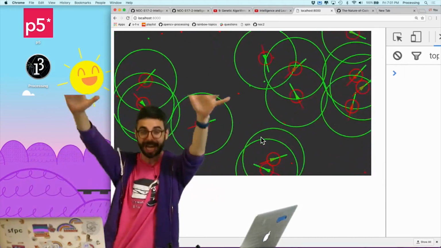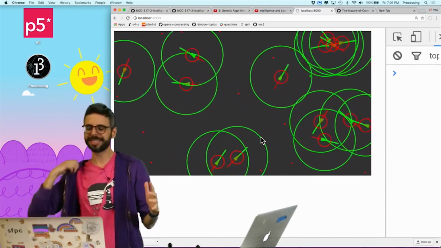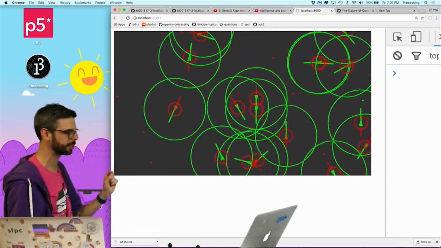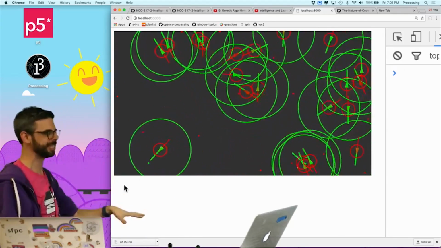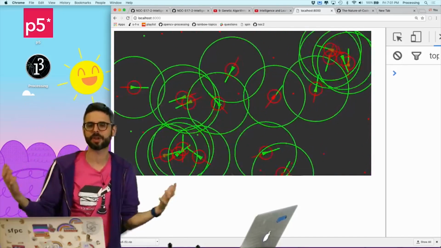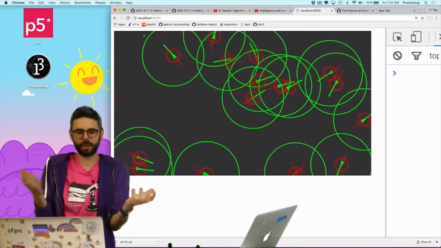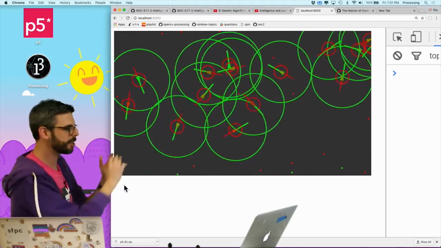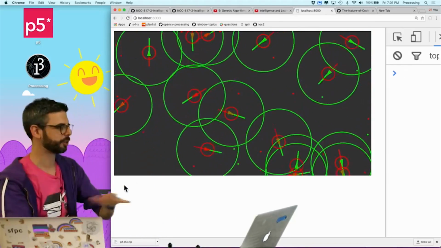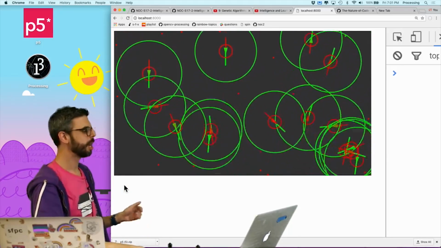Now, here's the thing, a lot of stuff that I didn't do. One thing is this would be much nicer to look at. I could make a little checkbox so that I don't see the debugging information, because watching it is just for me to have a sense of what's going on. I can barely understand where the food is and what the vehicles are doing. So it would be nicer to look at. Maybe I'll add that after this video is over and have it as part of the code.